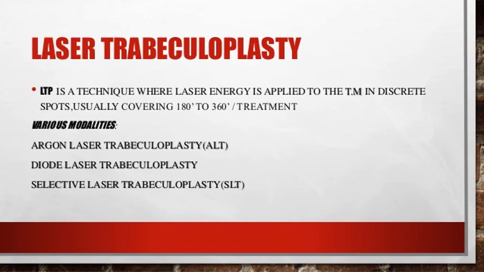Coming to the first part, that is the laser trabeculoplasty. Here we are using a laser, and we have different lenses to visualize the angle of the anterior chamber, and we are hitting the laser at the trabecular meshwork. Because of this laser, what happens? There will be shrinkage in the trabecular meshwork, and the adjacent channels will be opened for the drainage of aqueous. Of the various lasers we are using, argon laser is there, diode laser is there, and again one we call a selective laser.